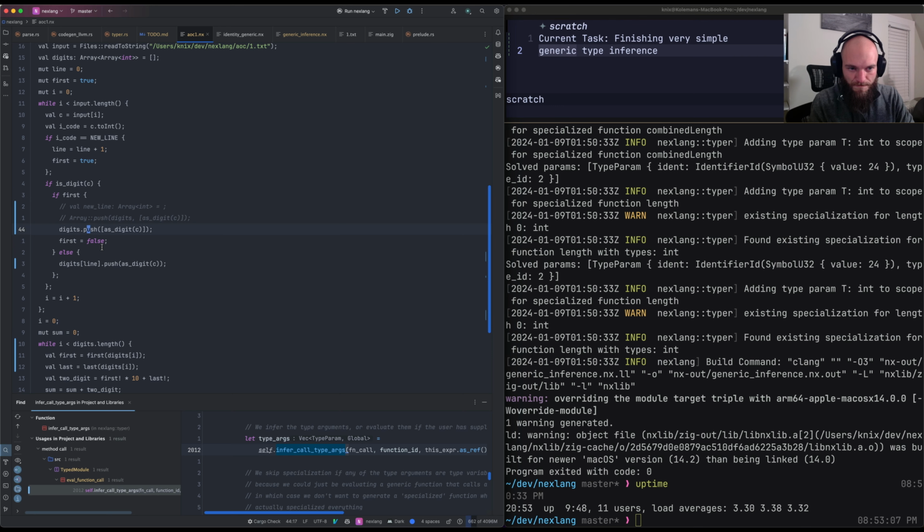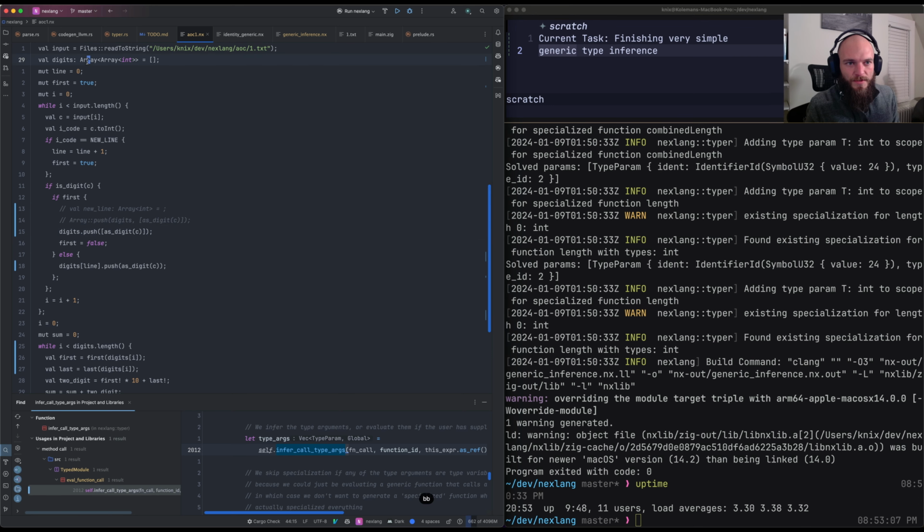But on this line, we're doing something fun. So we're pushing to an array of events. I need to think through if even this is going to break my inference. No, because the pattern is only array int. So I think we're safe anyway. So we're pushing an element, and the element type is array event, and that's fine. We can infer that, but